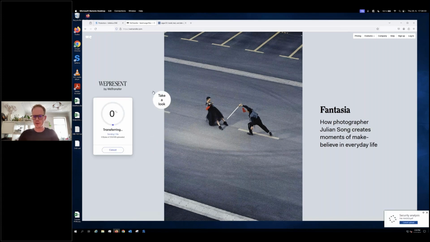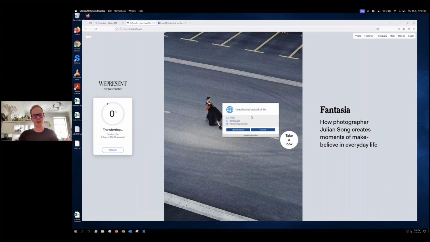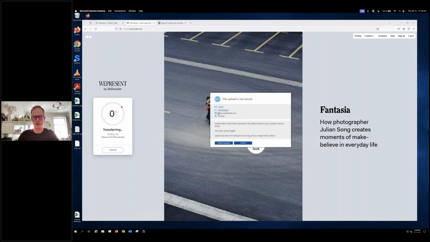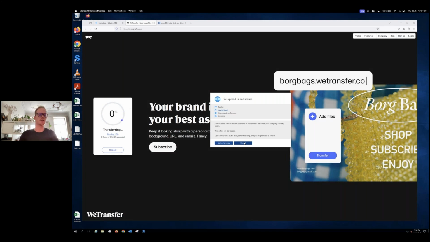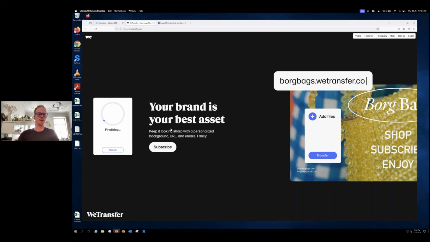It will be thinking about it. We see it scanning it, and this is the notification: unauthorized upload of file. It looks very similar to how it was before. I can again open it for more information. If I want to upload anyway, I can. I can simply say, yes, I do want to continue with this action, or maybe I want to cancel out of the action because I realized, whoops, this is actually not what I wanted to do. I didn't know this was maybe sensitive or secure, so I can cancel out. But you know what, in this case, let's just upload anyway, because why not?